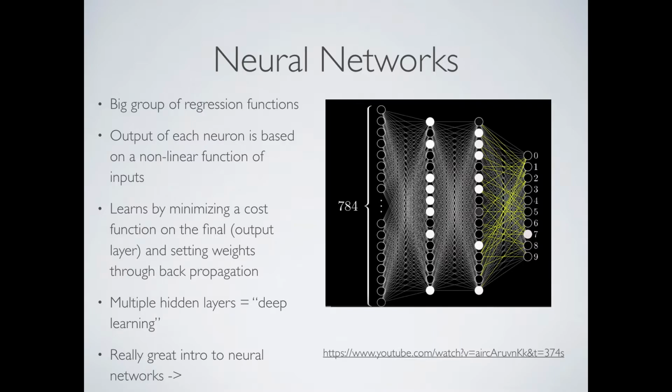But the basic concept here is, at the end of the day, it's just a big group of linear functions, regression functions, right? Each one of these dots is called a neuron, loosely labeled after the human brain, very loosely. Basically, it's a regression model in each one of these dots. You're taking your input data, let's say that's the first layer here. Let's say my data set has 784 features, and this is from the MNIST data.